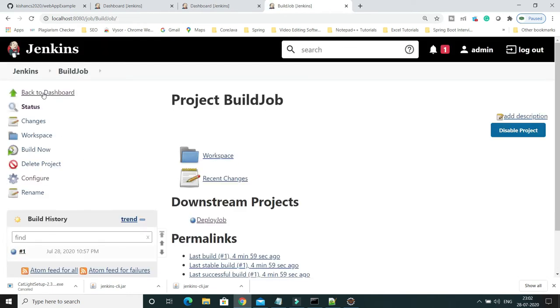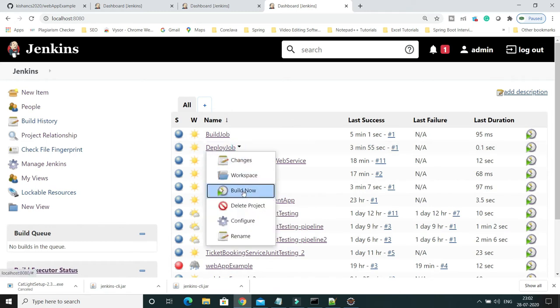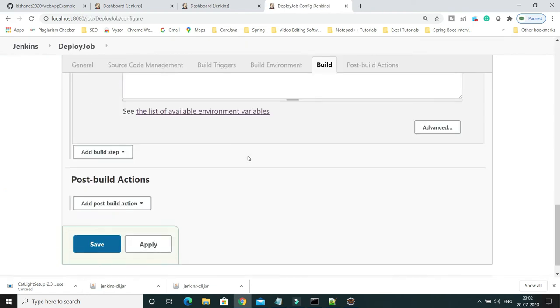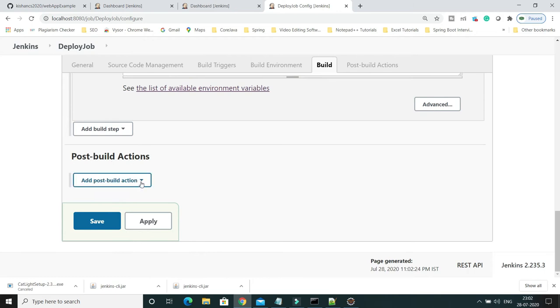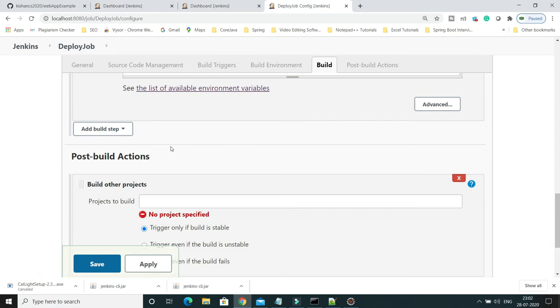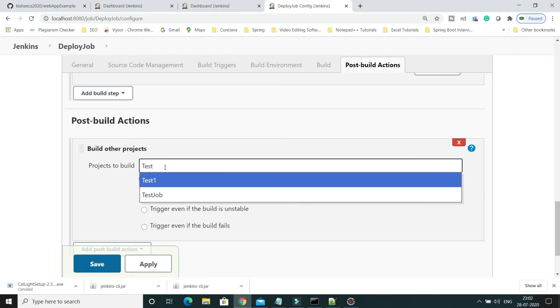Now let's go to the dashboard. Once this is executed successfully, this job is going to trigger. In the deploy job configure, we also have to go to the post build actions and choose build other projects again. If the deploy job gets executed successfully, then I want the test job to be executed, right?